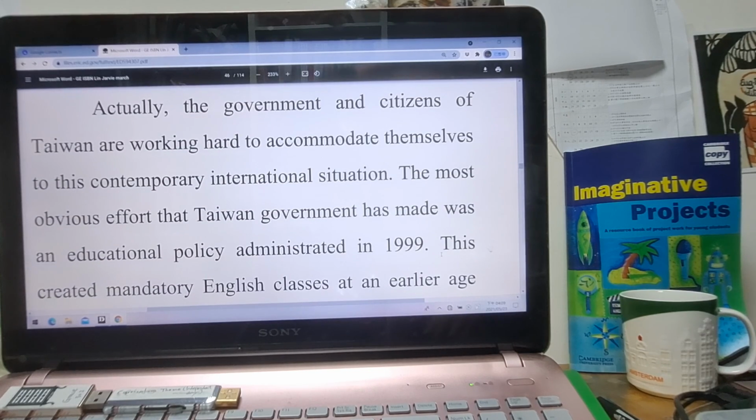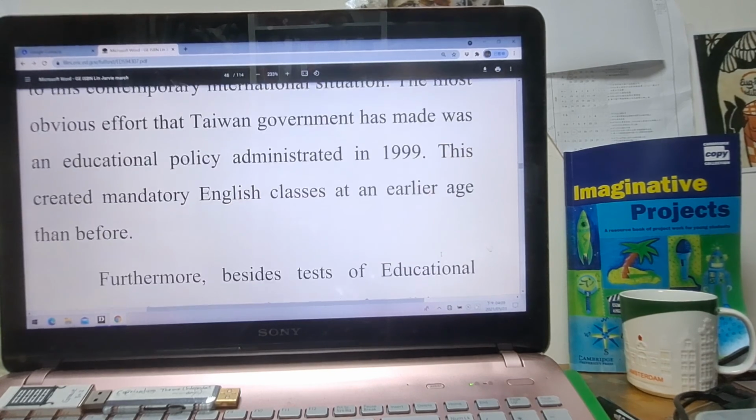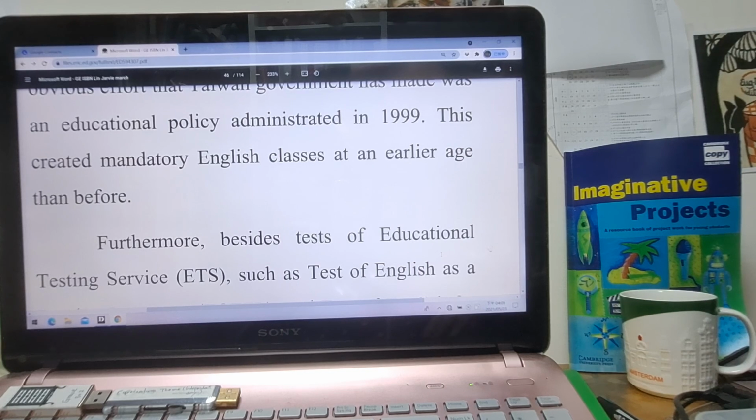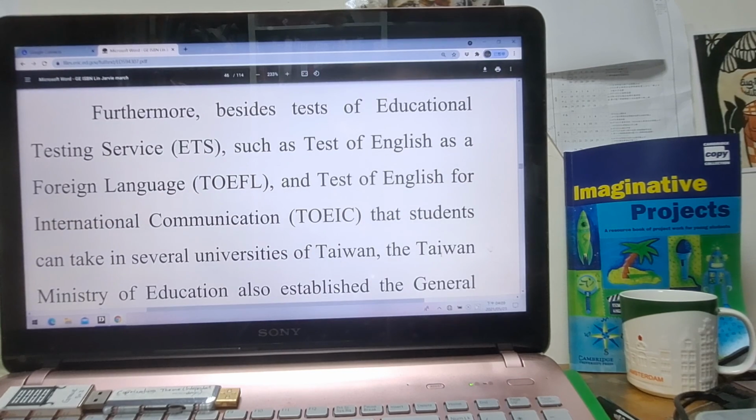Actually, the government and citizens of Taiwan are working hard to accommodate themselves to this contemporary international situation. The most obvious effort that the Taiwan government has made is an educational policy administered in 1999. This created mandatory English classes at an earlier age than before. Furthermore, besides tests of Educational Testing Service, such as the Test of English as a Foreign Language and the Test of English for International Communication,